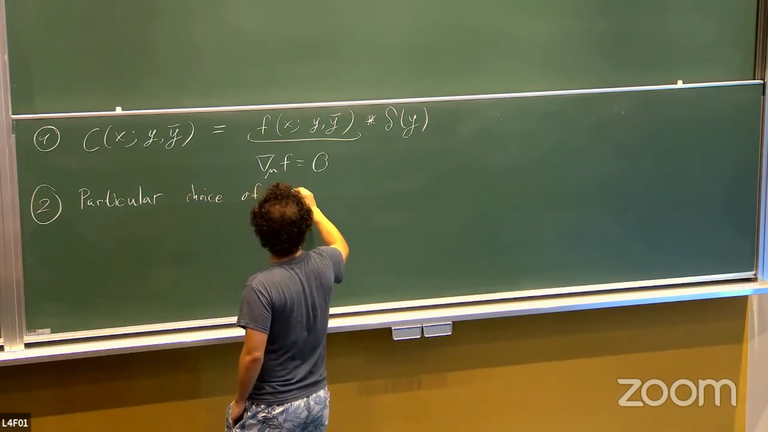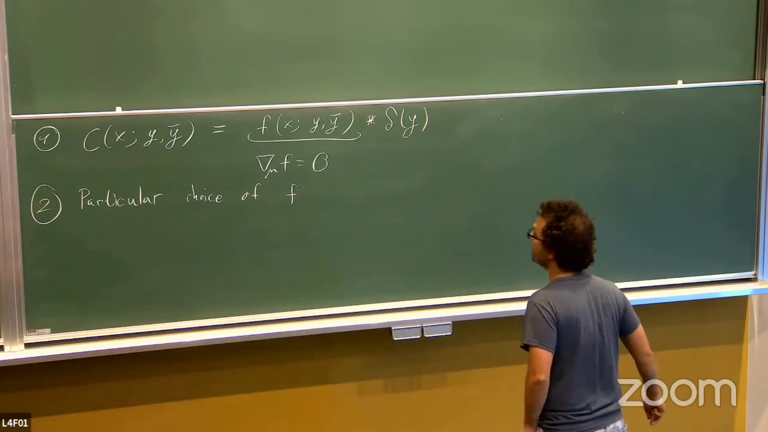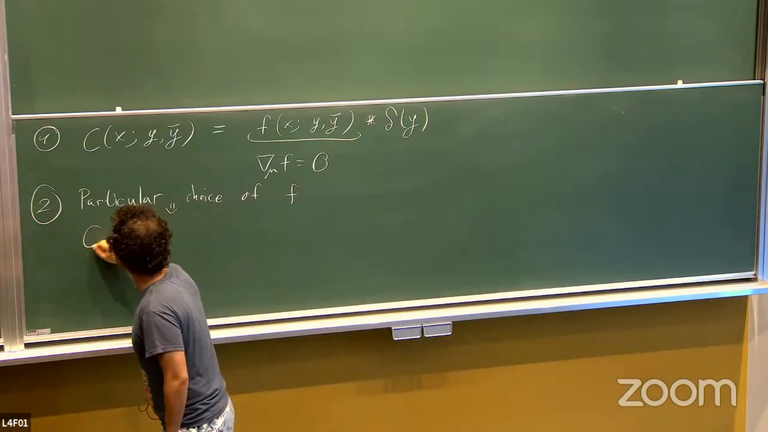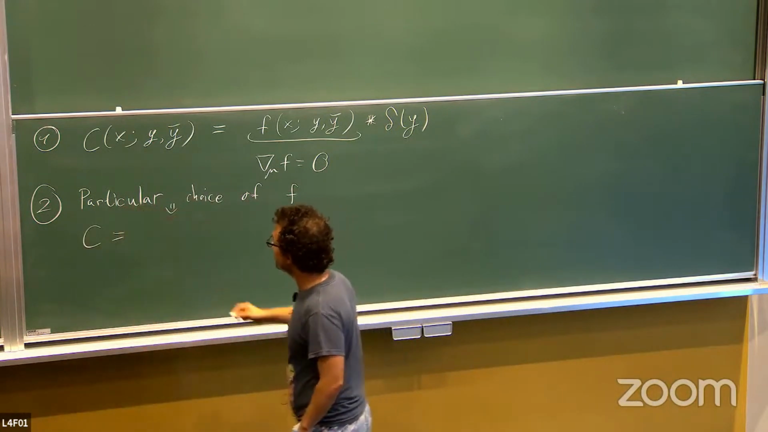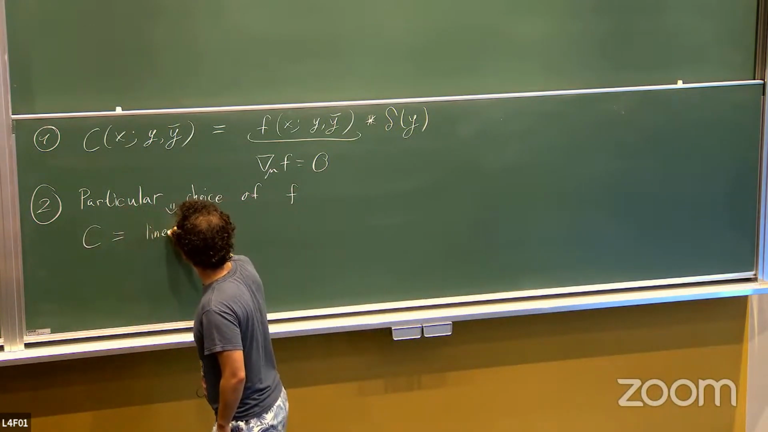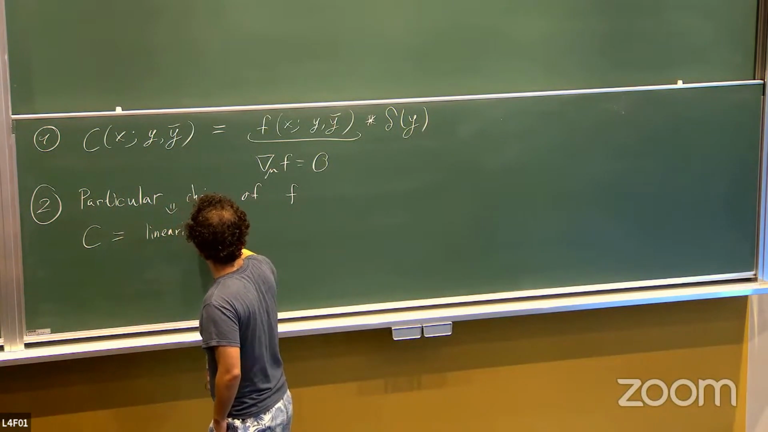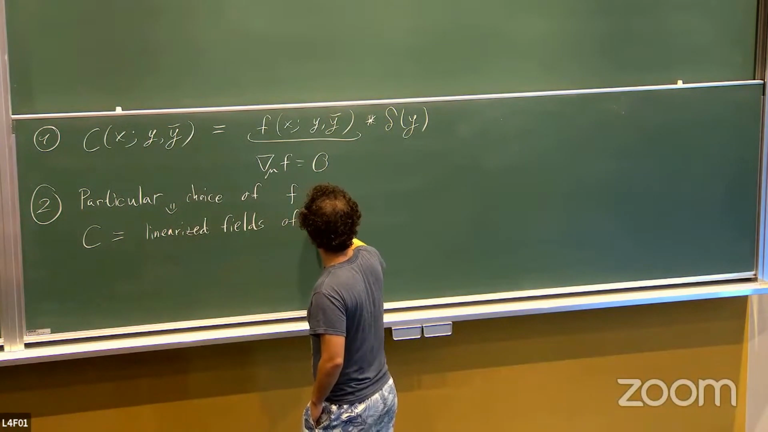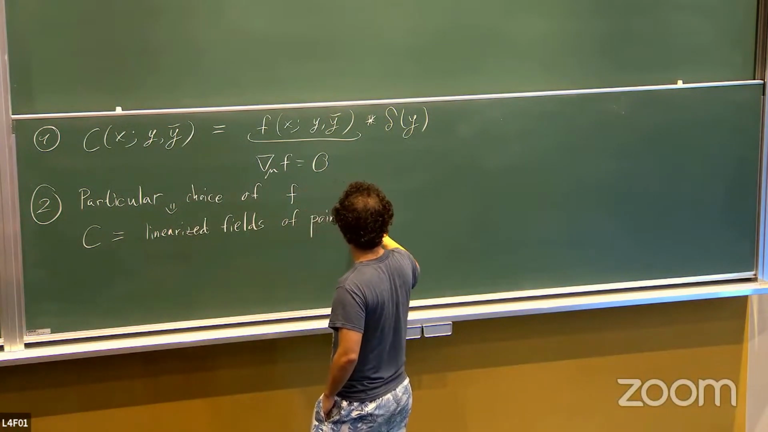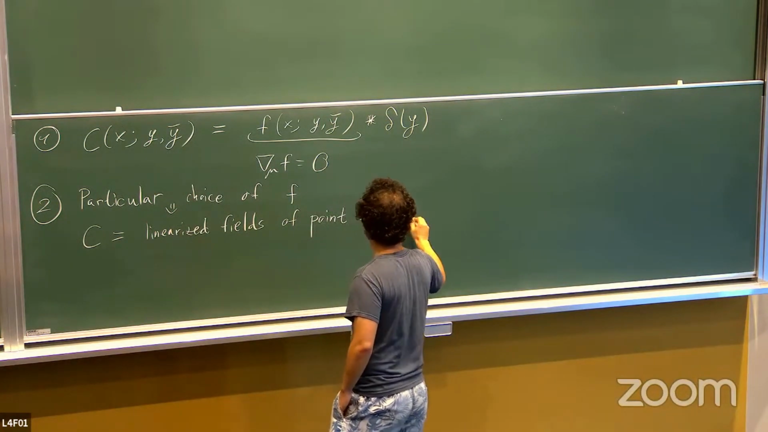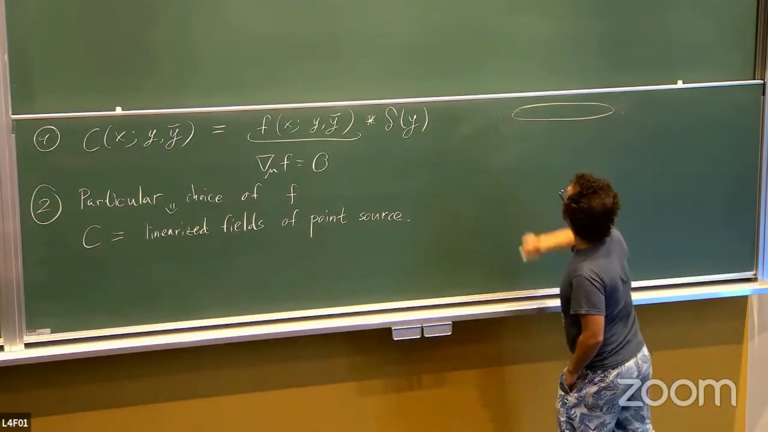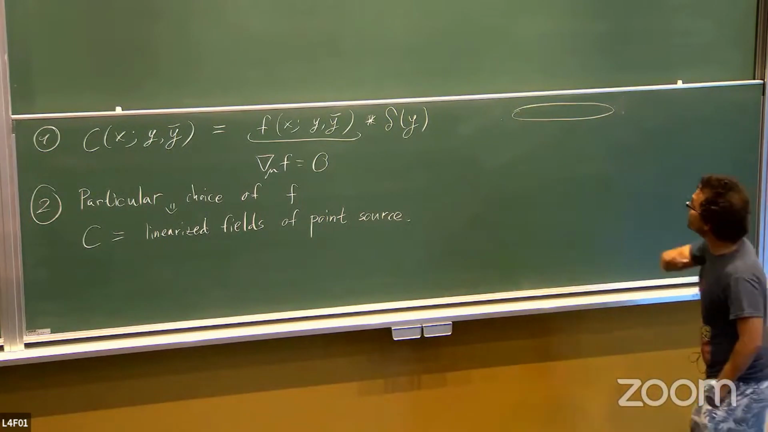So the second part of those papers is that there is a particular choice of this function f, which gives us the linearized fields of a point particle source. And to say what this choice of function is,